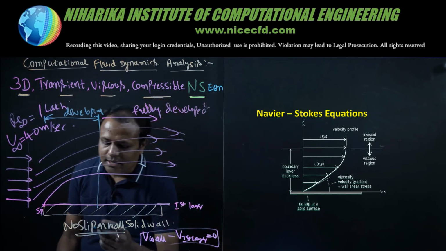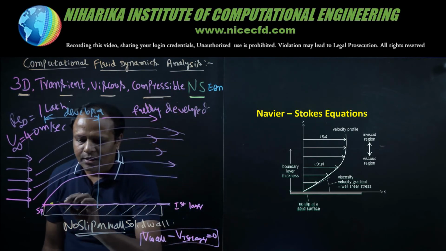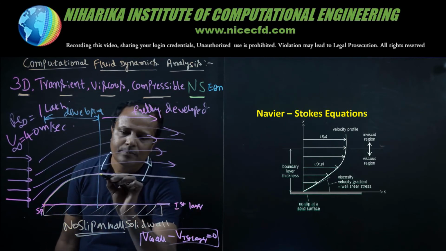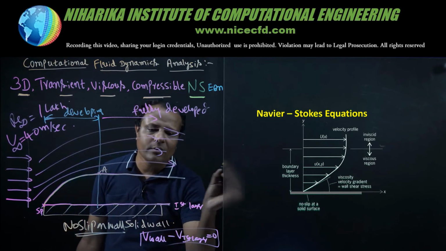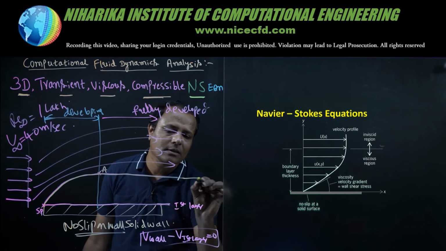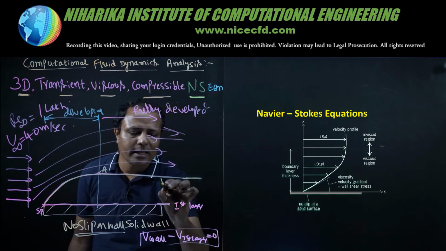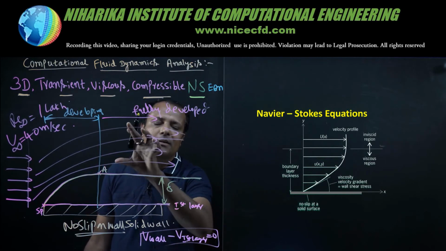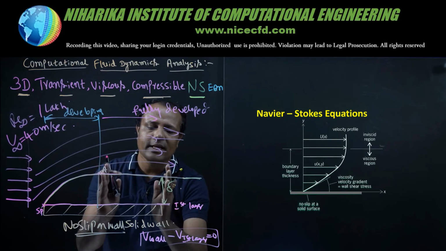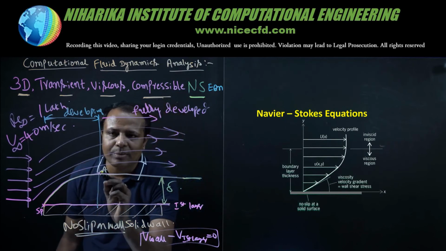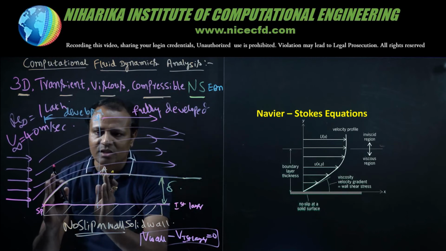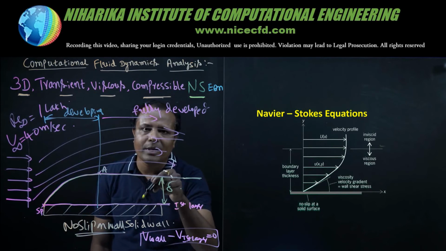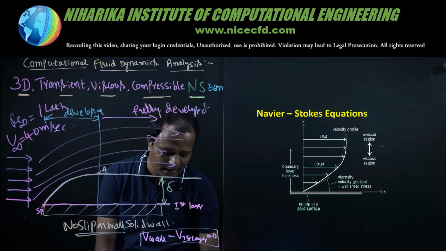So, if this is the outer edge of the boundary layer, see, from point A onwards, if I call this boundary layer thickness delta, from point A onwards, delta is constant. That means in the fully developed region, boundary layer thickness is constant. This is a developing region. We can say it's a sort of transition zone. So now I will focus on the flow development in the fully developed boundary layer region.